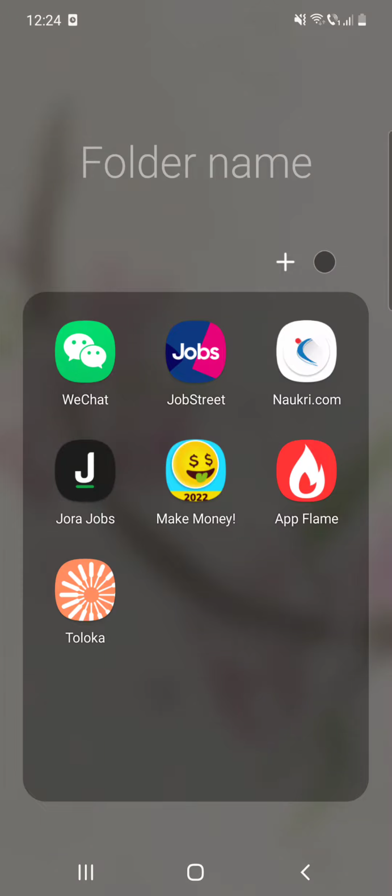Hello guys, in this video I'm going to show you how to set up your notification settings on Toloka, but